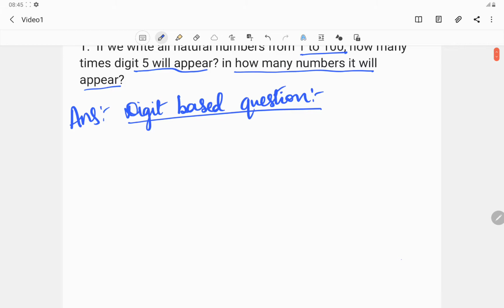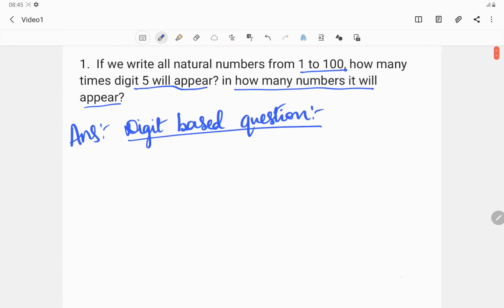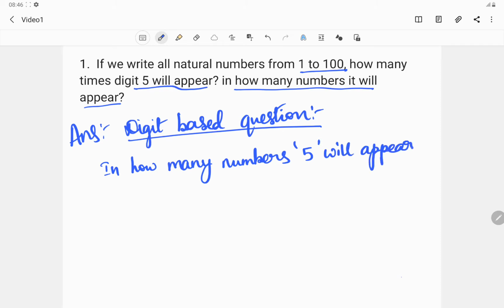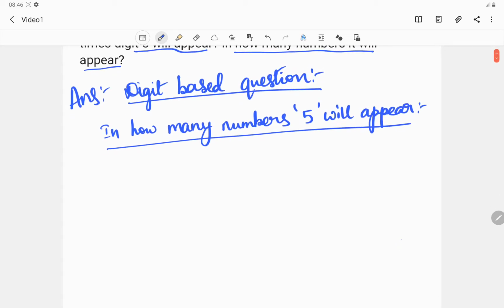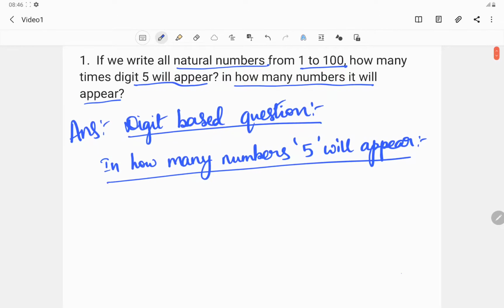As we are already familiar with finding out in how many numbers 5 will appear, it's nothing but the number of natural numbers that contain 5. So let us start with this. From 1 to 100